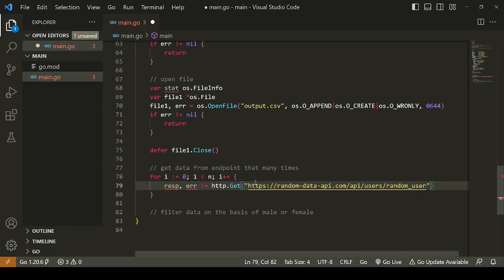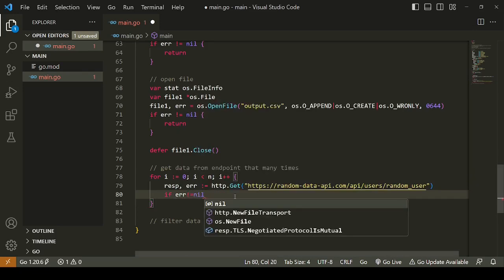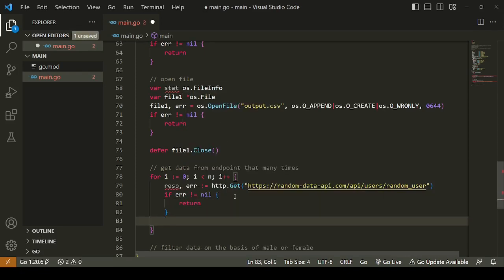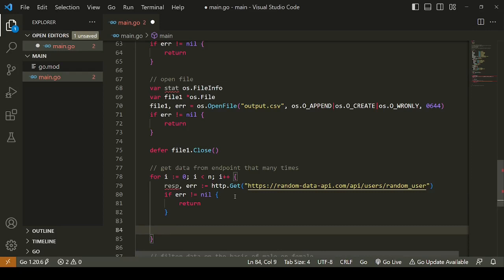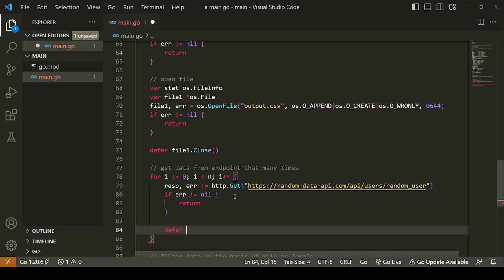Okay, and that is as simple as that. So we just do this and we get the data in response. If there is no error, we handle the error. Simple stuff, right? So we just return as it is in the main function, and we just do defer. Every time you are getting some data, we do defer